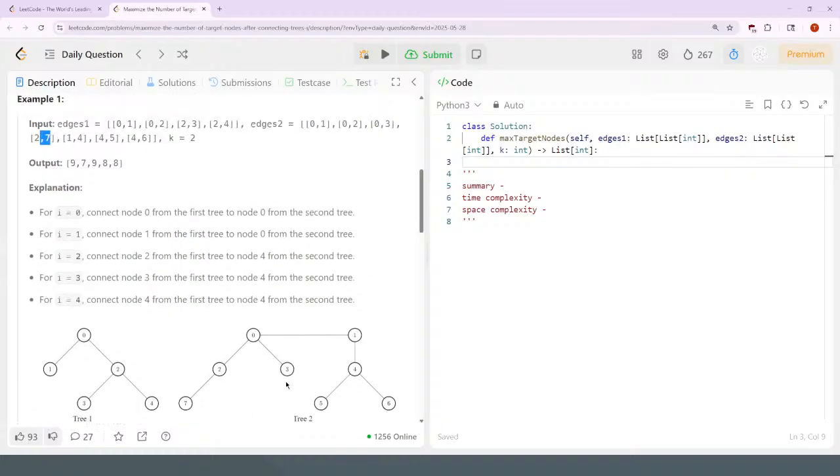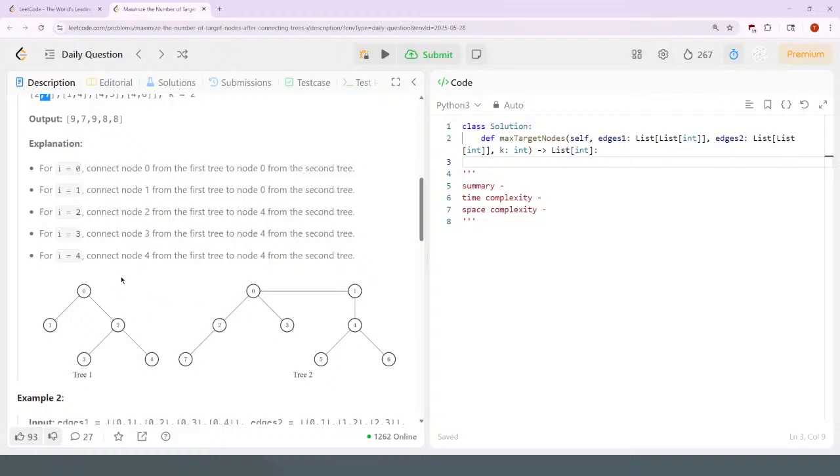Shouldn't this be called tree 1 because node 7 is on it? Yeah, I think the images here are reversed or in the wrong order, mislabeled, whatever. So if you connect node 1 with node 0 here,